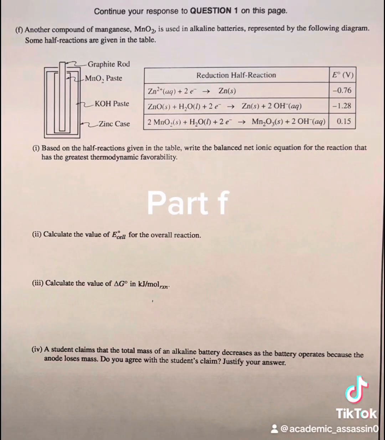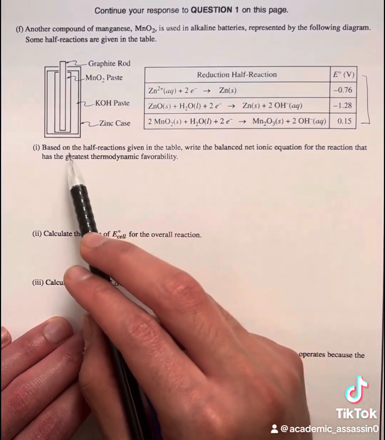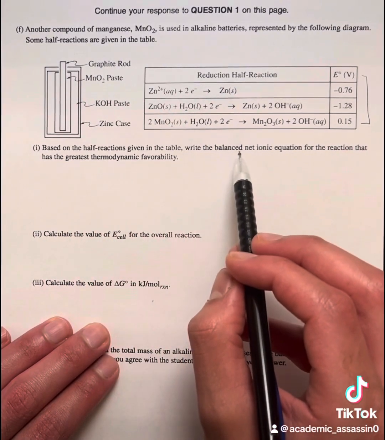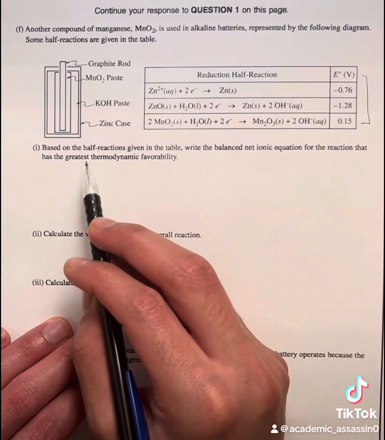For part F, we're told that another compound of manganese, manganese dioxide, is used in batteries, and we're given some half reactions in this table right here. Part 1 is asking us to write the balanced net ionic equation for the reaction that has the greatest thermodynamic